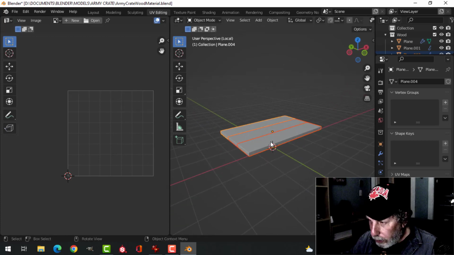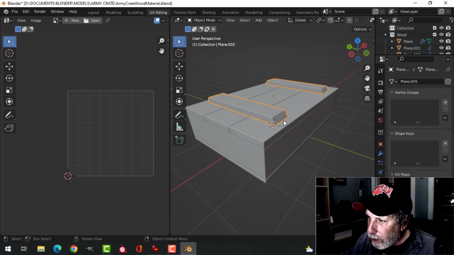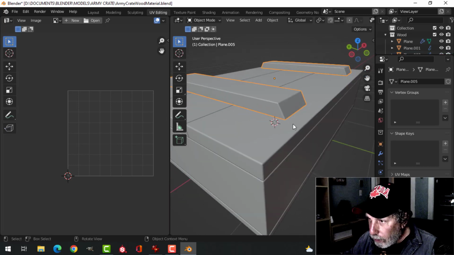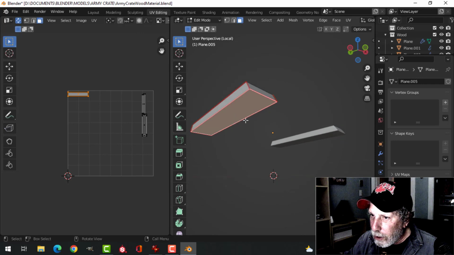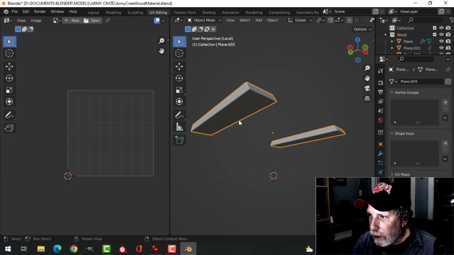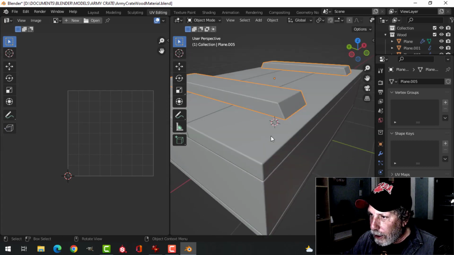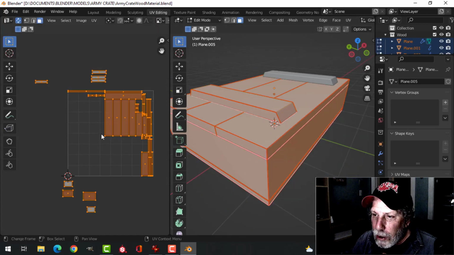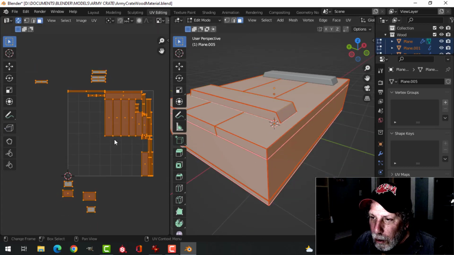Okay. Let's see if I've done everything I needed to do. No, not yet. This one, let's work on the bottom of this one. It's mirrored, so okay. S, scale it down, move it over here. Okay, let's bring everything back. Select everything, go into edit mode, and this is what we have. Okay, now